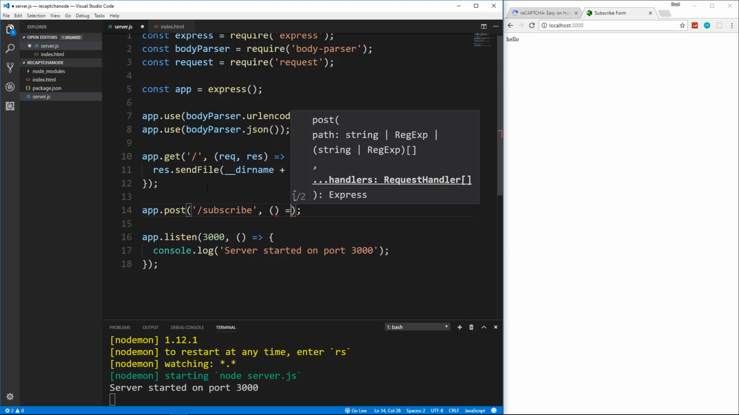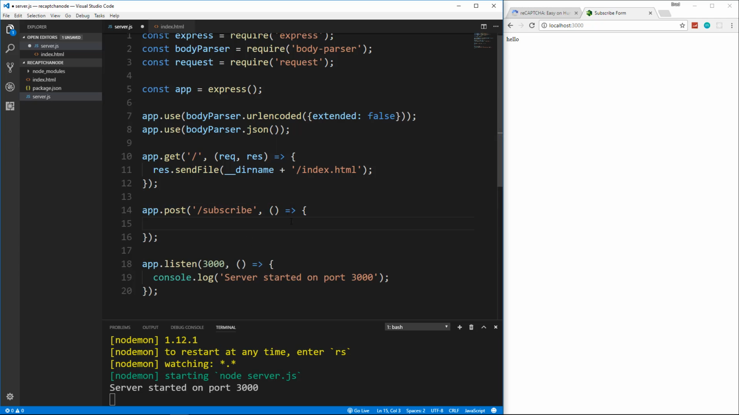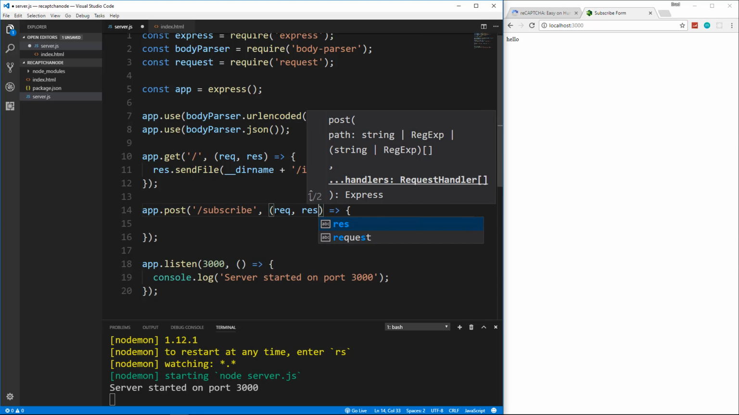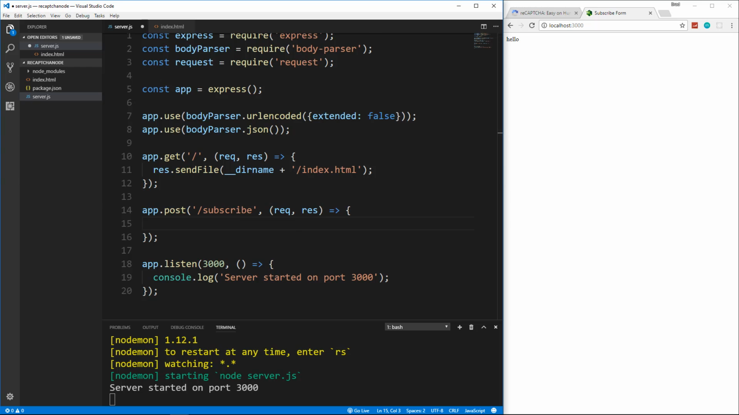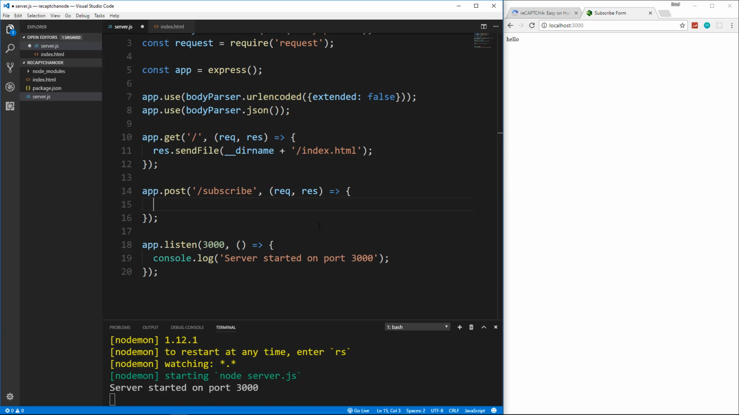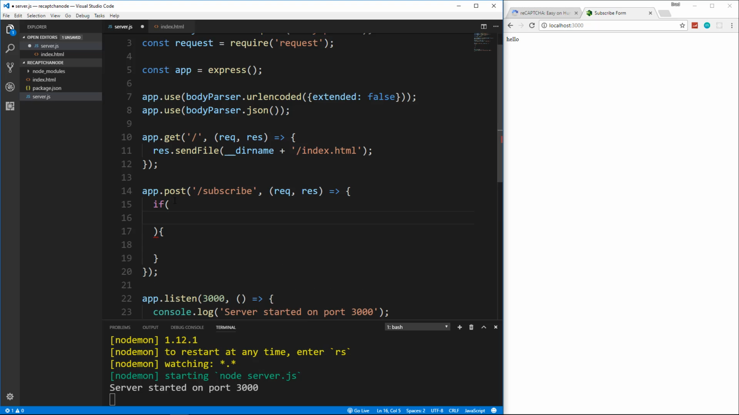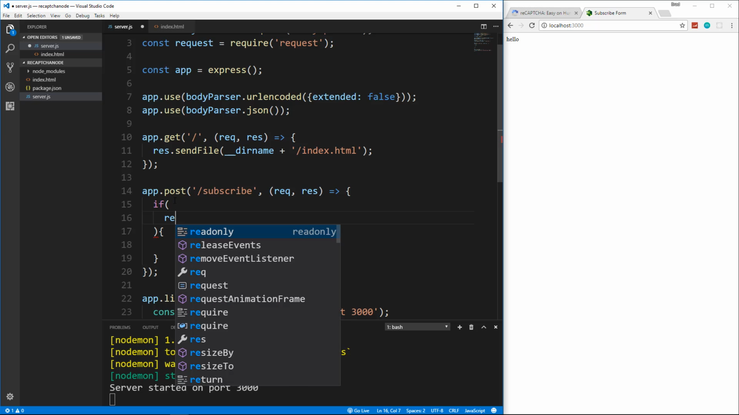All right, so let's put our arrow function, and this will take in request and response. And what we're going to do is check to see if the CAPTCHA is undefined, or if it's just an empty string, or if it's null. If it's any of those things, we want to return a success false error. Basically we're just returning JSON objects. So let's say if, and I'm going to put this on multiple lines because we're going to check for a few things. We're going to say if